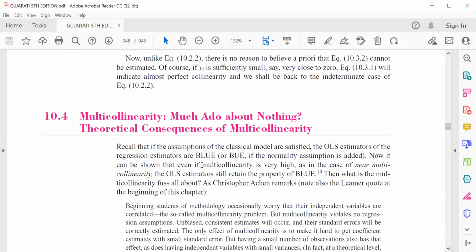These are the theoretical consequences of multicollinearity. Recall that if the assumptions of the classical model are satisfied, the OLS estimators of the regression coefficients are BLUE, best linear unbiased estimators. Even if the normality assumption is added, it can be shown that if multicollinearity is very high, as in the case of near multicollinearity, the OLS estimator will retain the property of BLUE. Then, what is multicollinearity? First of all, Christopher Achen remarked